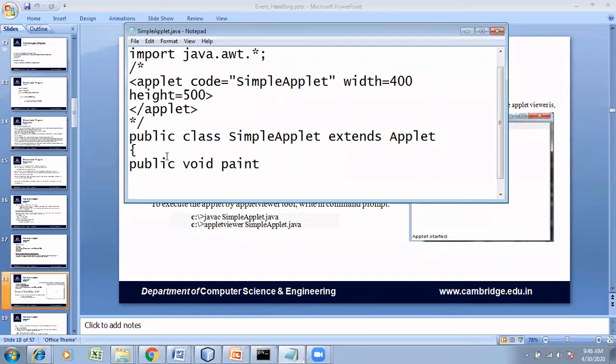Paint basically takes one parameter called graphics. The environment in which we type something in the GUI is called graphics. So for that we have a Graphics class inside AWT.